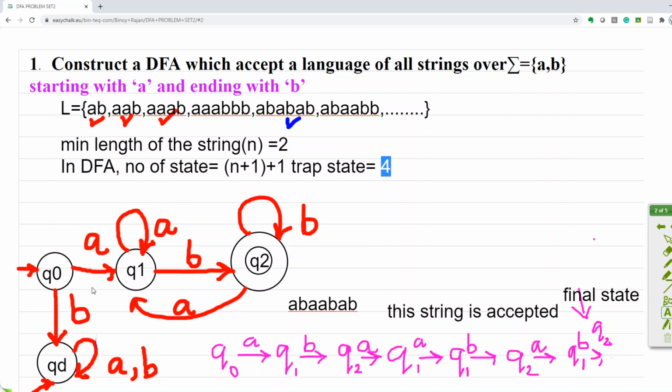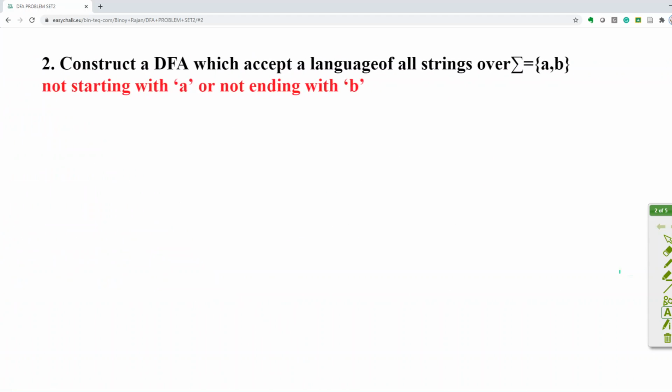Then you just start with the input symbol A. So A transition done, then the end symbol. So it should reach the final state, and make sure that we have used all the DFA construction steps. Then check whether the string is accepted or not with the input symbols. So since we reached the final state, it is accepted. Now let's see the next question.